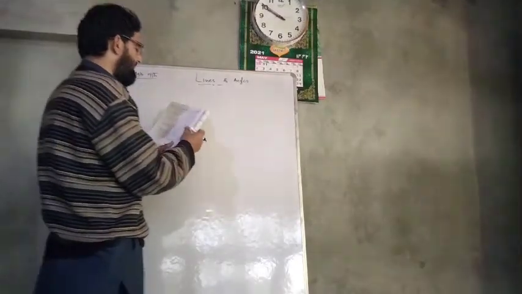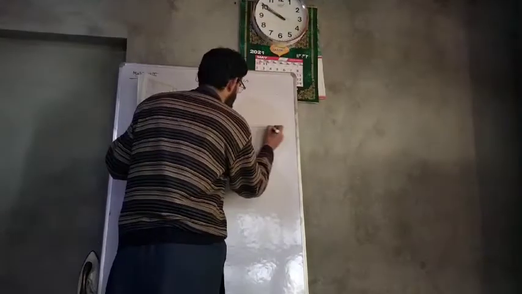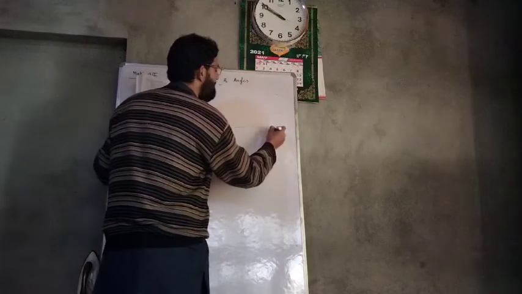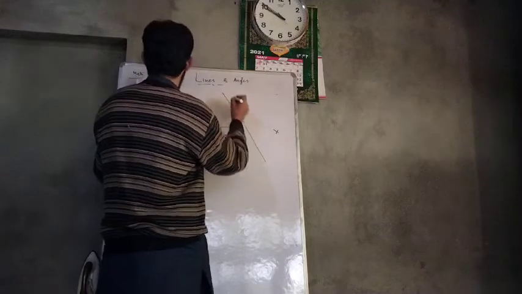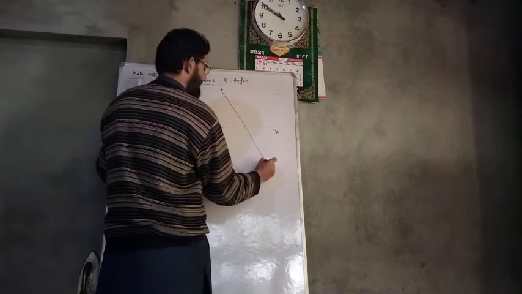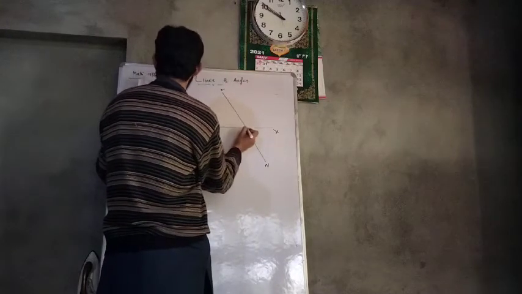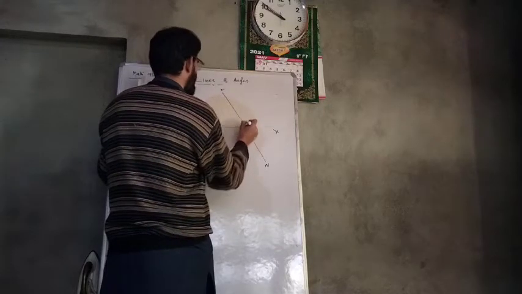This is a line segment, this is called XY, and there is one more line segment, this is MN. And these two line segments intersect each other at point O, and